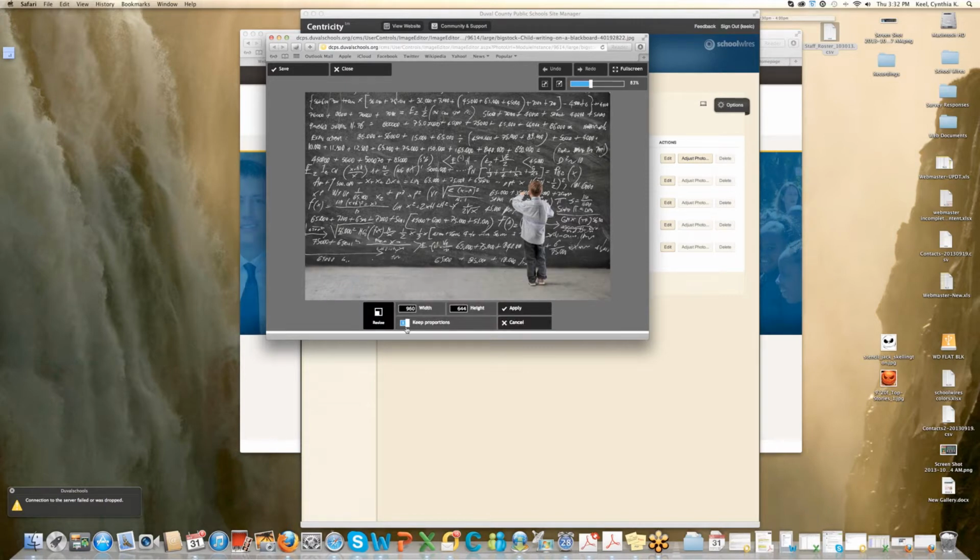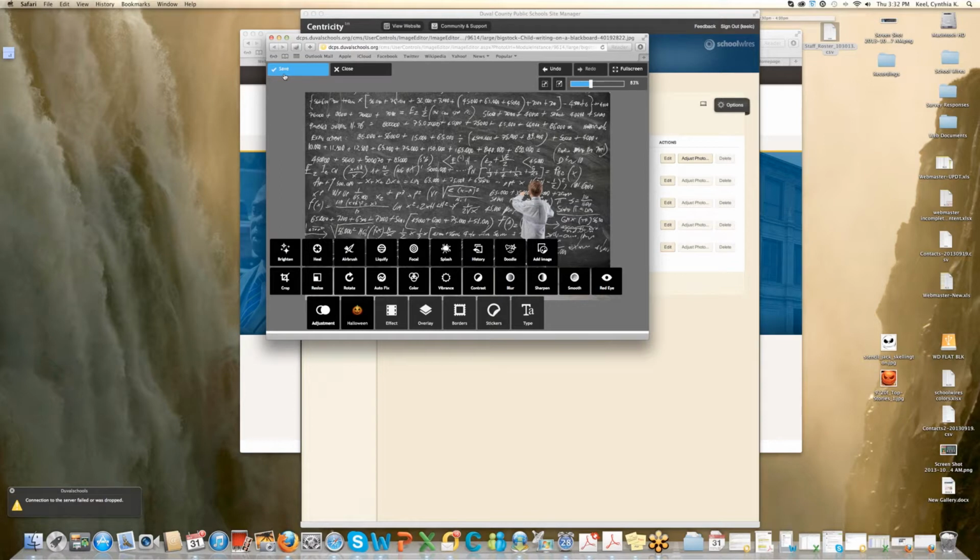Now, if you leave this just as it is, checked, by default it sizes it up to 960 width because this is the gallery width that you have. So it'll always try to size them up to 960 no matter what. It tries to do it for you automatically. So 644. If you want to be very specific and detailed, all you have to do is you uncheck keep proportions, and you can change the number here. Once you change the number there, all you do is click on Apply,